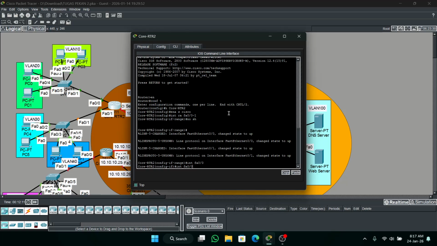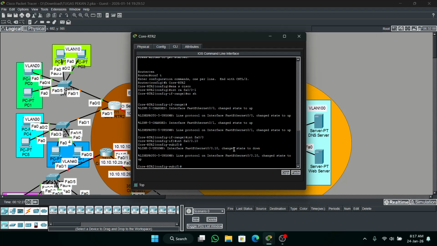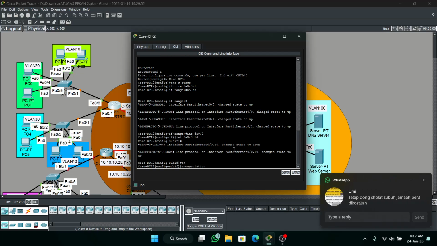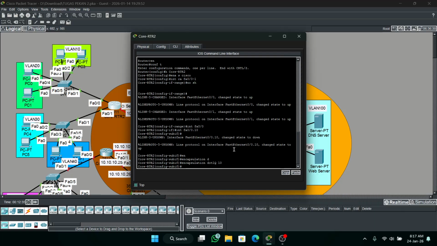Go to interface 0/0 and make a subinterface for port 0/0. Here are VLAN 10 and 20, so you make it like this, FA 0/0.10. Okay, then next encapsulation dot1q 10, then add IP address.